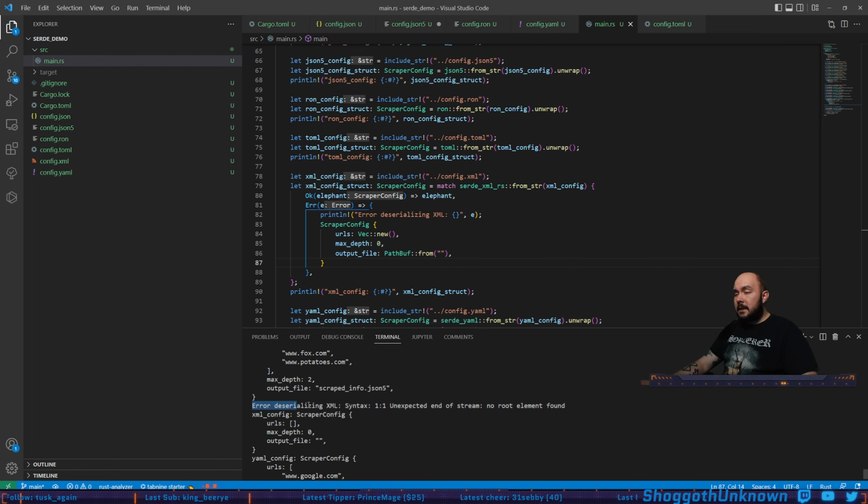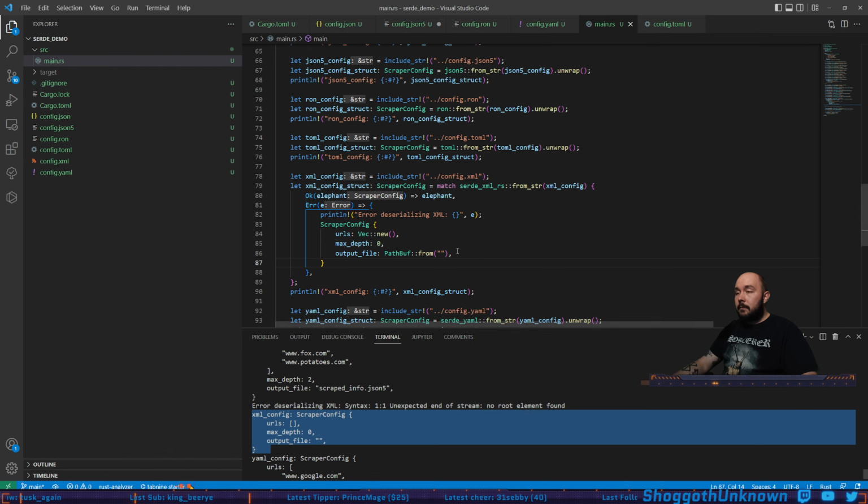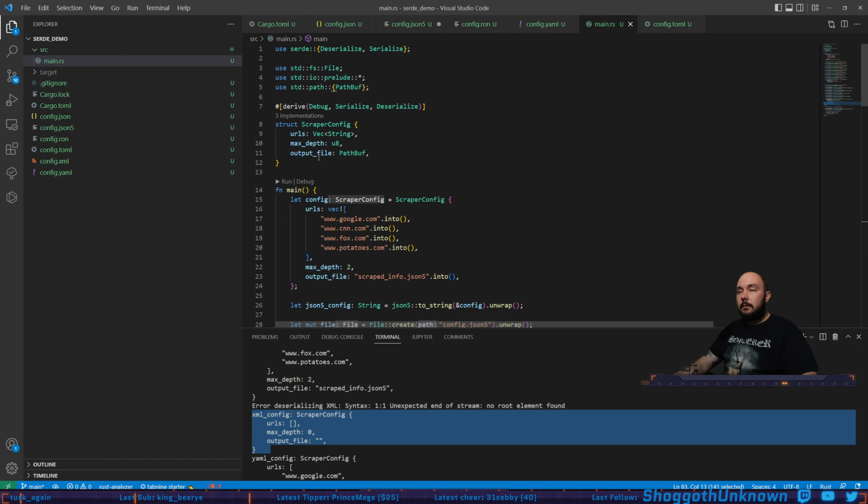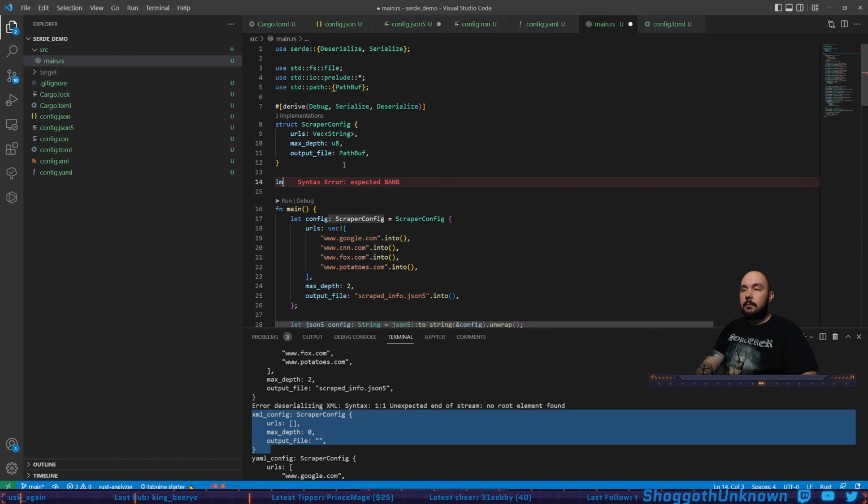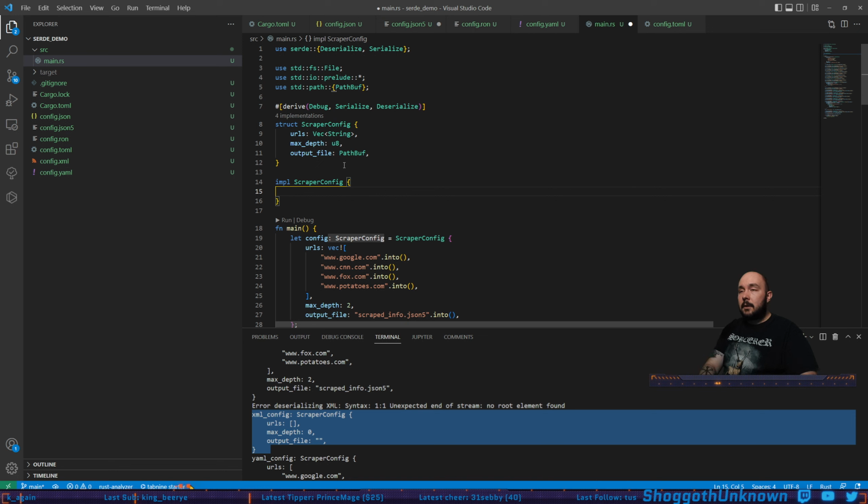Error deserializing XML, syntax 1.1, unexpected end of stream, no root element, but we have a config now. A better way to do this is to copy that. Do this, and we're gonna say, actually,